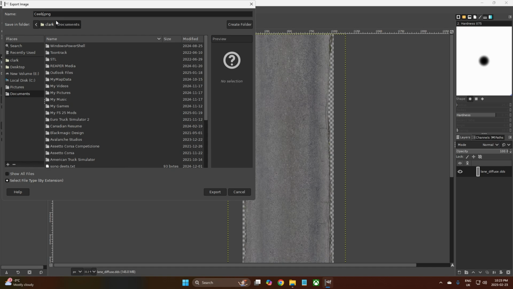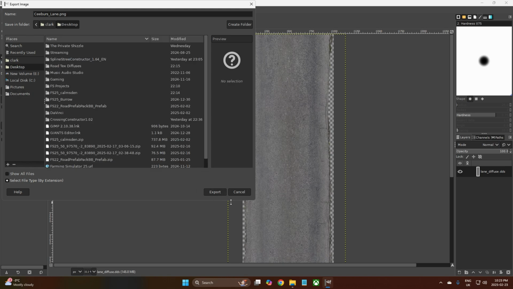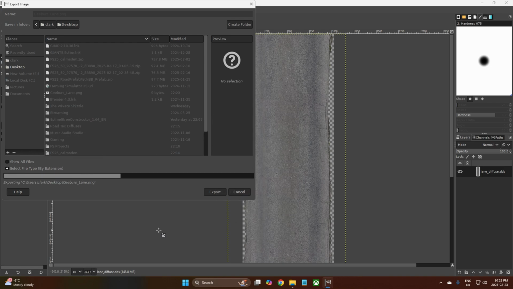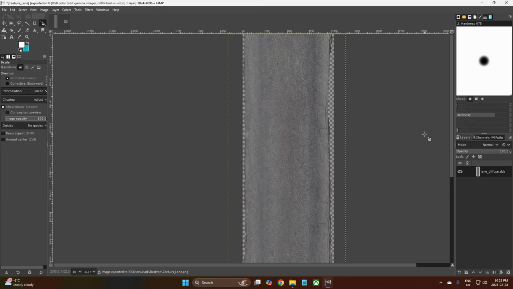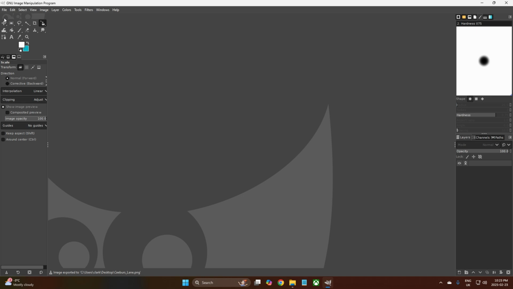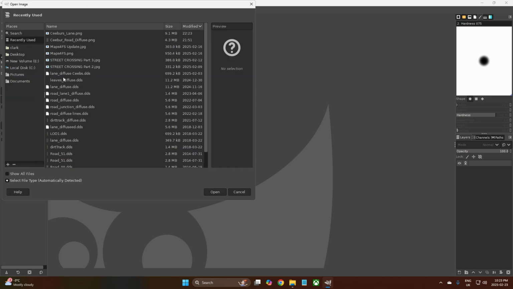for ease of searching, Ceebur underscore lane. Okay, save it as a PNG. So where should we save it? We'll just save it to the desktop. So export to the desktop. Yes, that's what we want. And that is that. Okay, so close that down, discard changes, and then open, and then